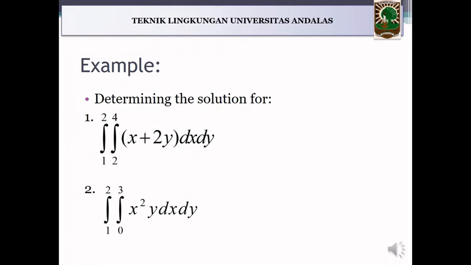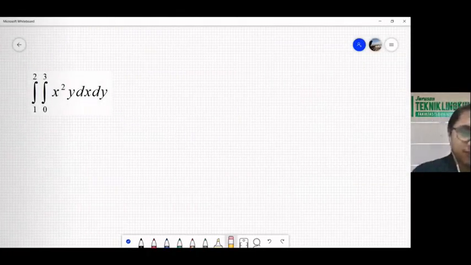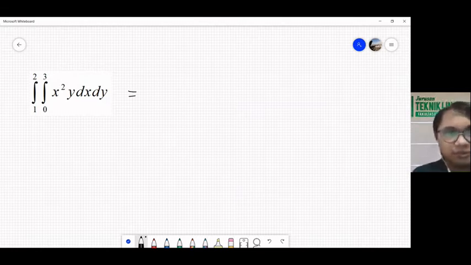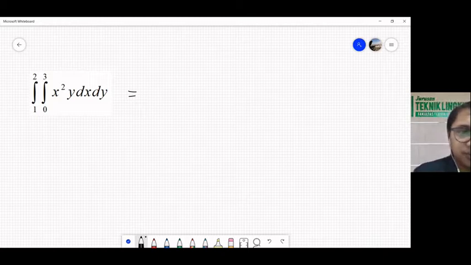Now we have another problem in number 2. We move to our favorite whiteboard and we try to solve the second question. It's much simpler than the first question. So as usual, we try to solve the inner part, or the function for the x. So it becomes the integral from 1 to 2, and this one,